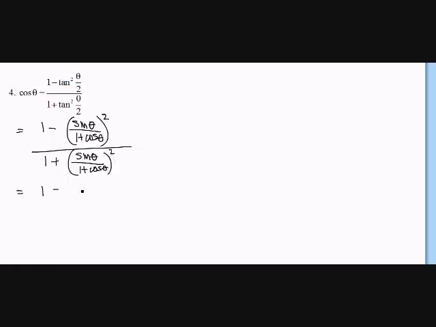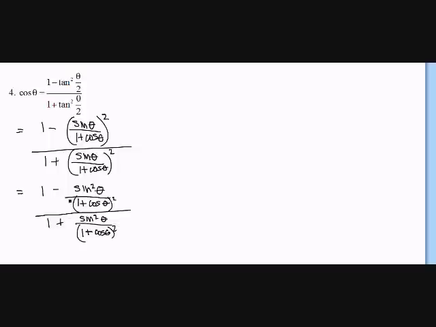So I get 1 minus sine squared theta, and I'm just going to leave the denominator as 1 plus cosine theta squared for the time being, and 1 plus sine squared theta all over 1 plus cosine theta